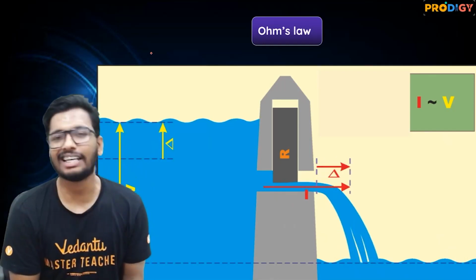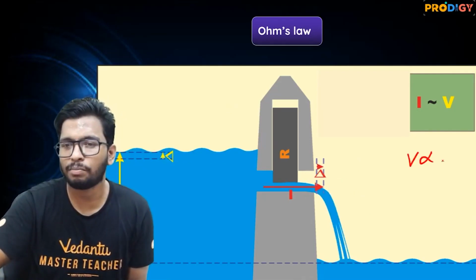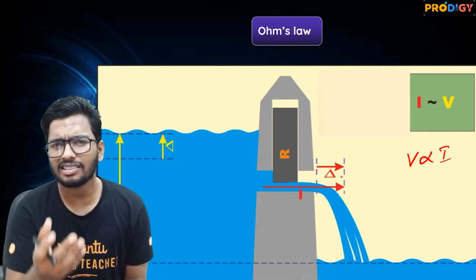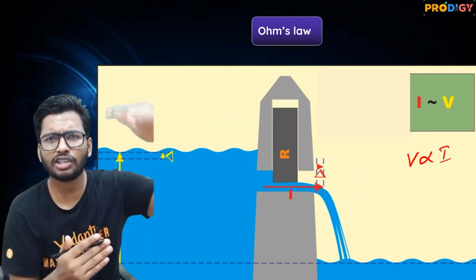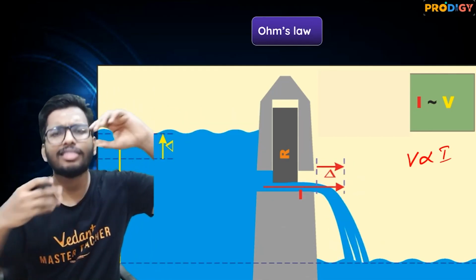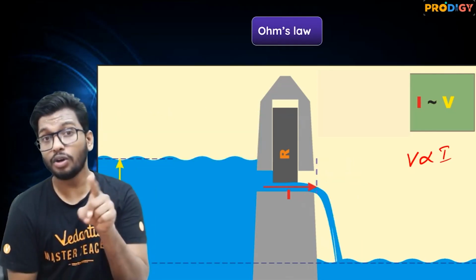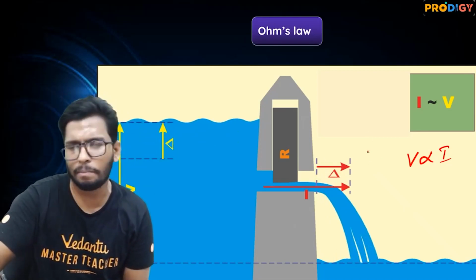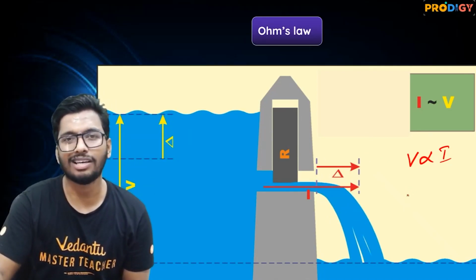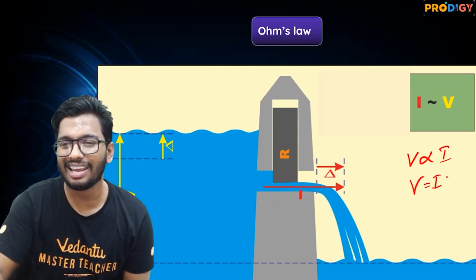Now, mathematically, people, we have seen that V is directly proportional to I. So again, guys, if you can look at this GIF, as you increase the potential difference, the current starts to flow more. That is what it says. So we can say that V is directly proportional to I. So in order to remove the proportionality sign, I am going to introduce a brand new concept called resistance. So the formula then becomes V is equal to I into R.